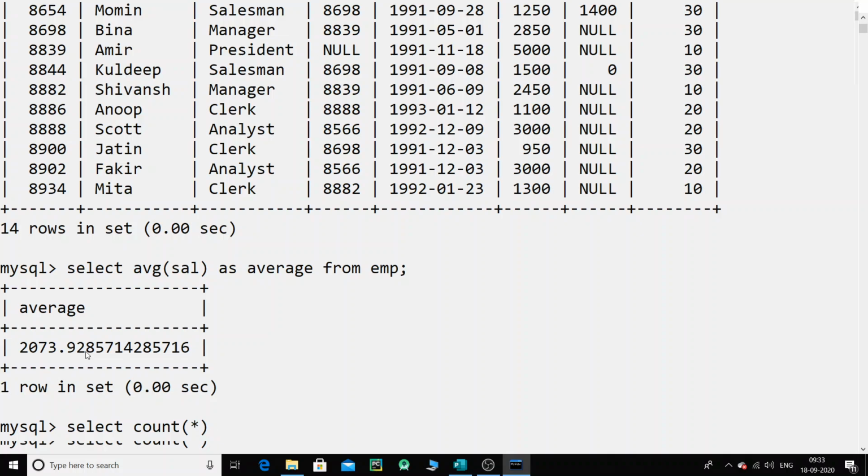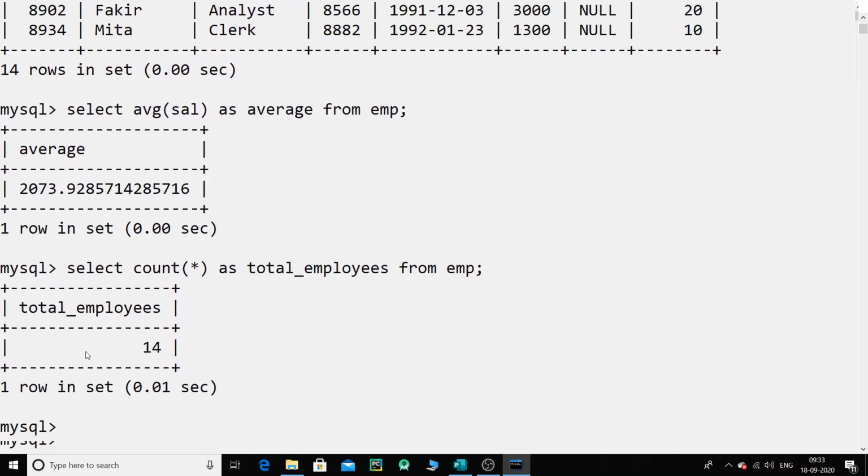If I use star, basically it means that all the fields are included. And let me give this the name total underscore employee, and then from EMP, and that is the total number of employees that I have.